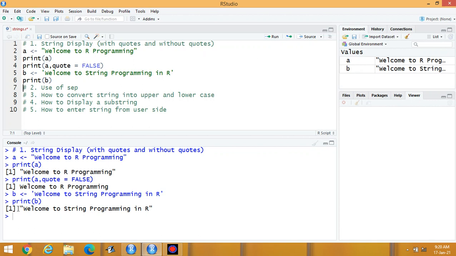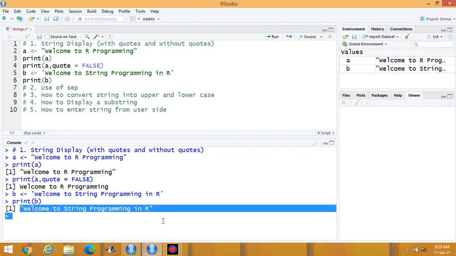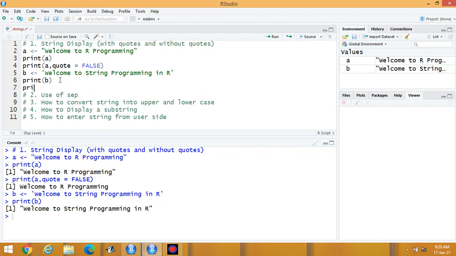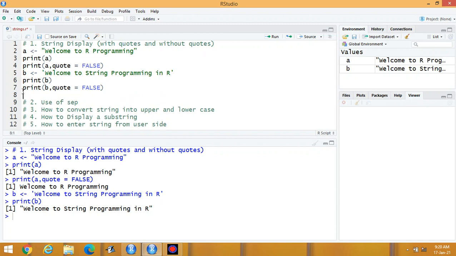The string is again in double quotes. You can enter the string in single quotes, but the display is always in double quotes. But if I am writing here print B, then quote = FALSE, again I can display the string without double quotes.